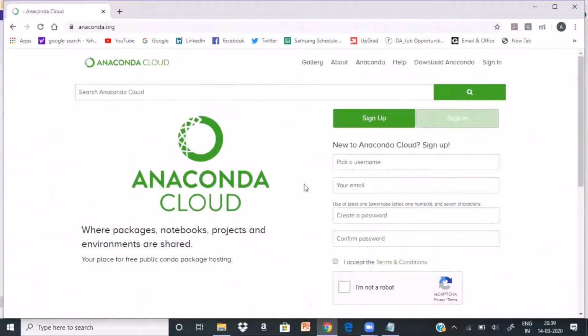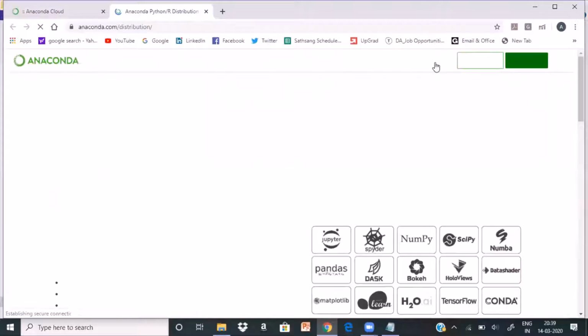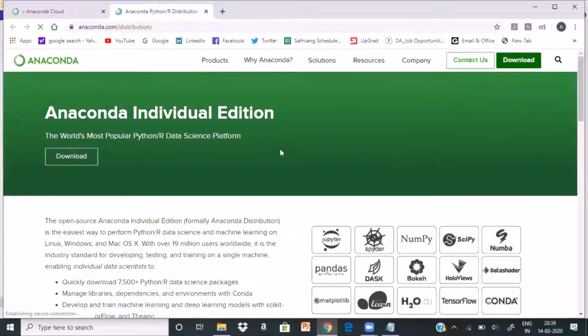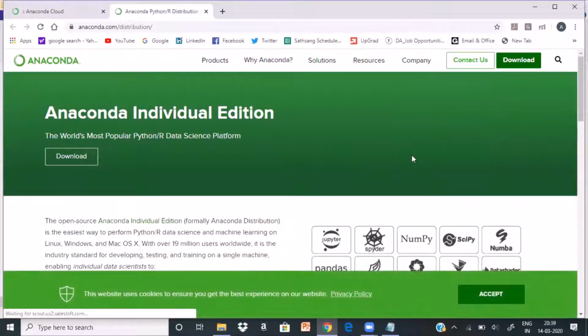Right? Once you come over here, you can see something called Download Anaconda on the right hand side of the upper menu. You see here, Download Anaconda. Click this button. If I click this, it will be taking you to something like this.